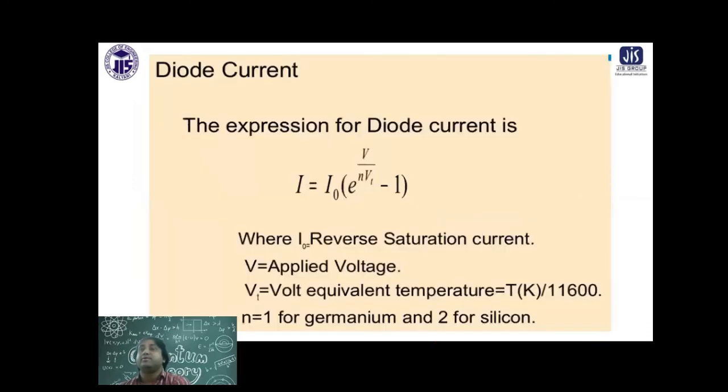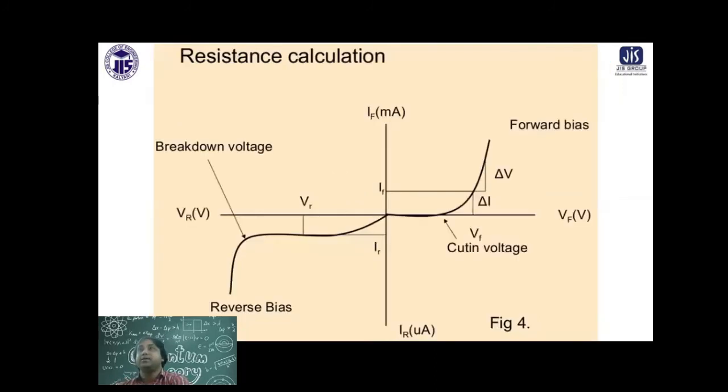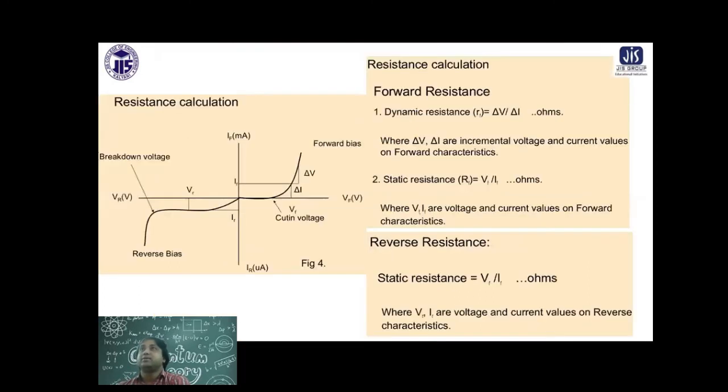this is the expression of the reverse diode current. I0 is the reverse saturation current. Okay, the expression of the diode current in the reverse bias. I've drawn it a few minutes back, where the voltage equivalent of the temperature is Eg by eta kT. V is the applied voltage, and you can see